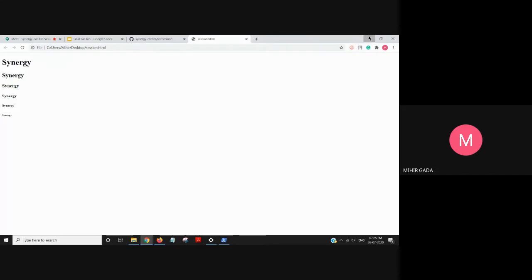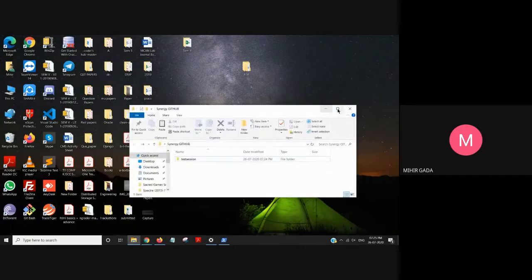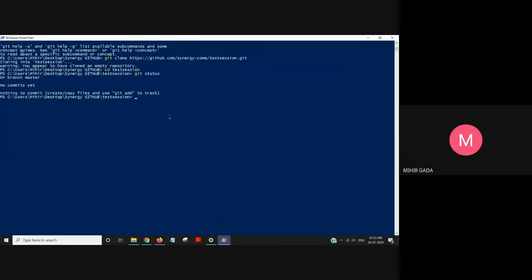I will copy it. After cloning the repository, you can create any folders or files in it, or you can just copy and paste your project folder for the first time. After copying my HTML file, I run git status.